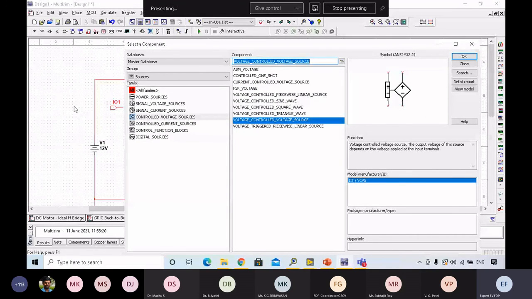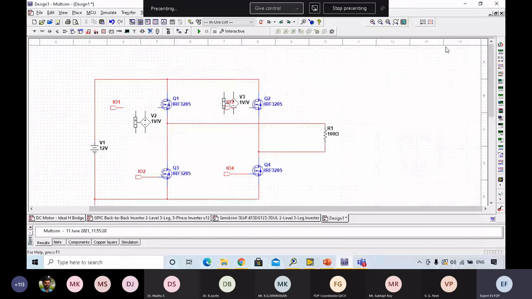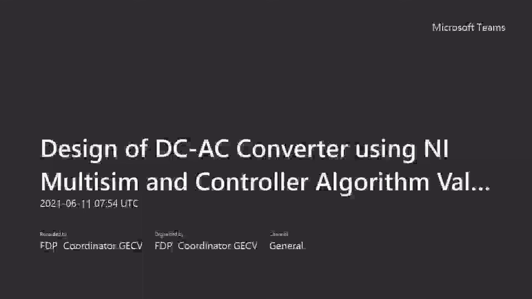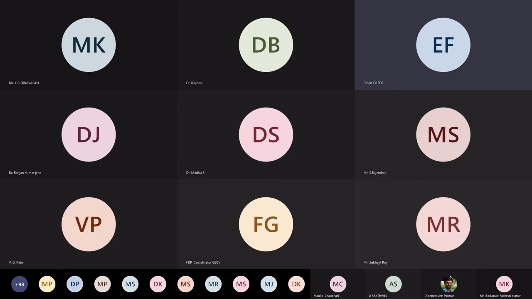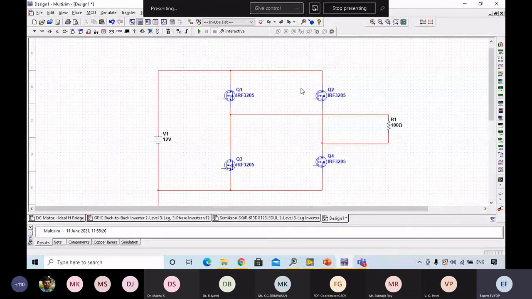Okay, top ones are mostly affected, and that's why they make use of a bootstrap circuit to make sure that whatever they generate is going to be with respect to this set point value. Pulses, okay, from LabVIEW to here, we'll send the sequence at which this should be switching on and switching off.